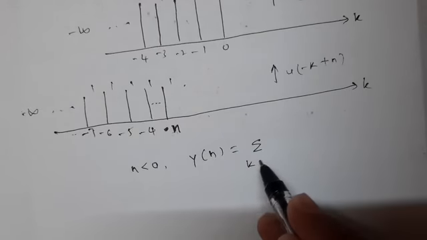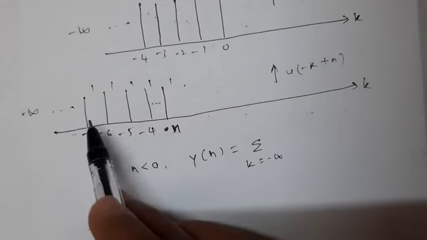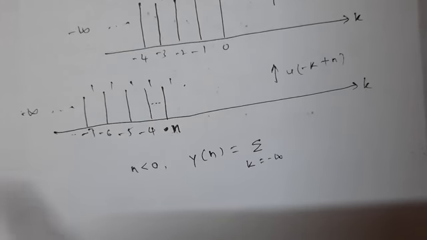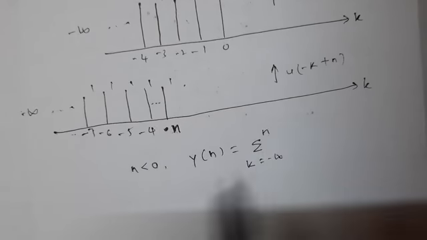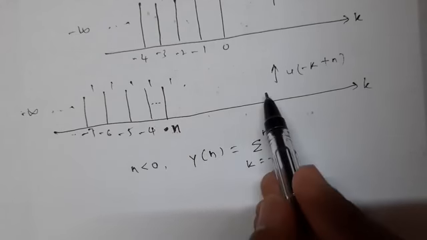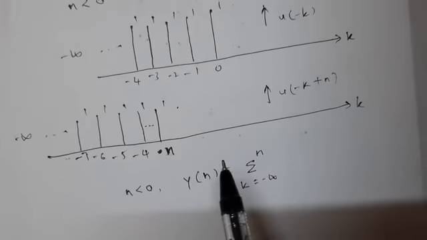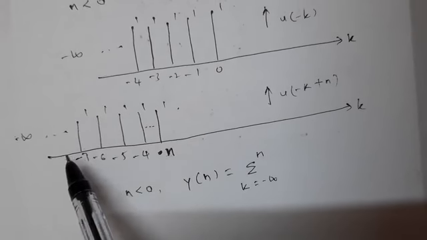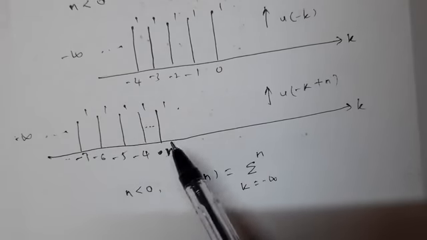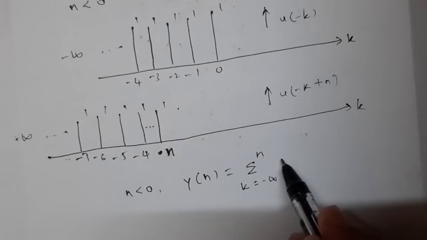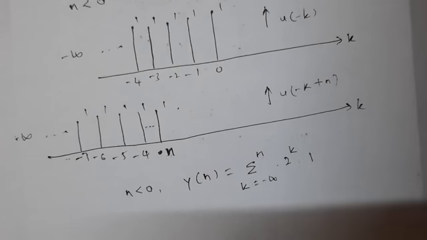So from k equal to minus infinity you have the samples, and for u of minus k plus n, the samples also exist towards minus infinity. So the samples start from minus infinity and go till what? Till n. After n you don't have any samples for u of minus k plus n, and when you multiply with these, you don't get any value, it will be 0. So I am taking the samples which coexist for both the signals, from minus infinity till n. So what is this? Into u of 2 to the power k into 1.